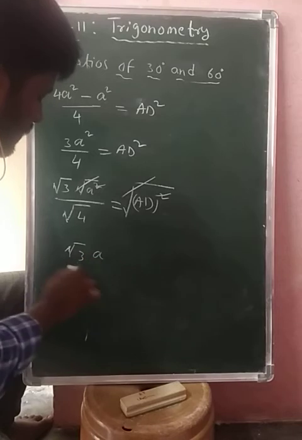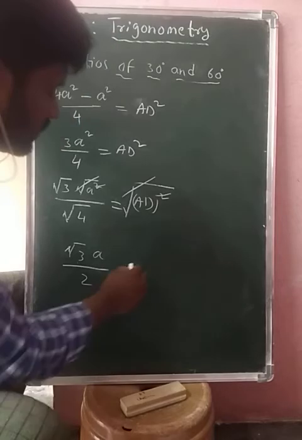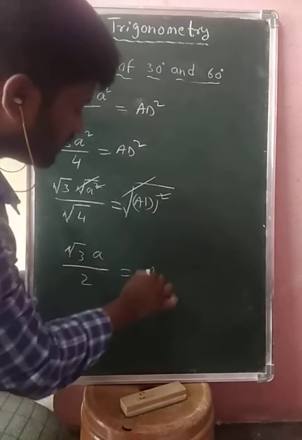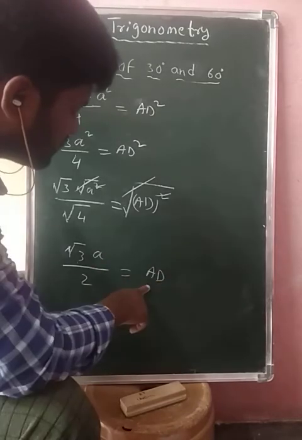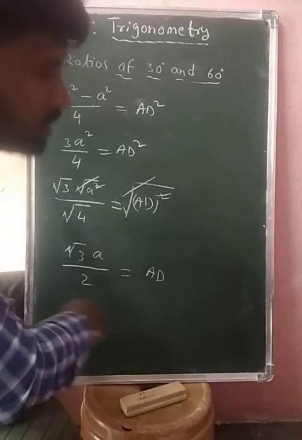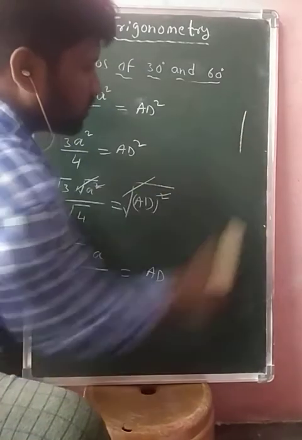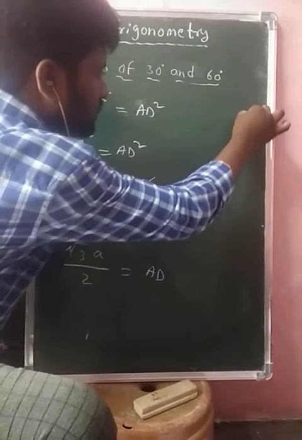Root 3A by root 4 means that is 2. Okay? So clearly we get the length of AD. The length of AD is equal to root 3A by 2. So this is the required triangle. Now what do we consider? The triangle